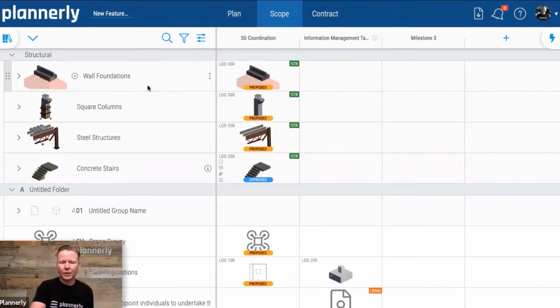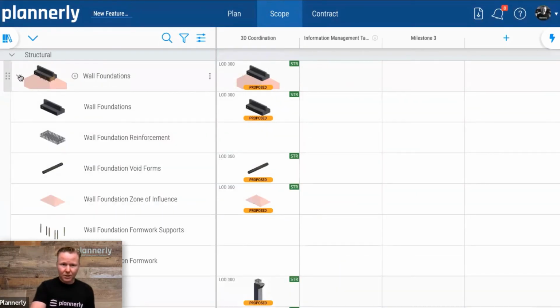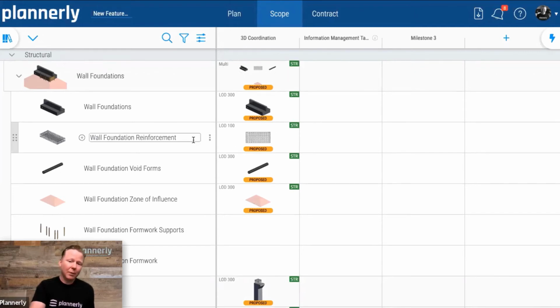Yeah, absolutely. I can see that Louis is jumping in and adding some statuses to these activities as well, and we'll dig in there. But one of those really important tasks, as Akos mentioned, was being able to specify, and it's simple to see, but we much prefer the plain language as Akos was describing, but being able to adjust the representation requirements inside of the same group. So we have a multi-set of requirements inside of this one group. You might need just 2D representation for the reinforcement, but you might want 3D representation for the foundations.